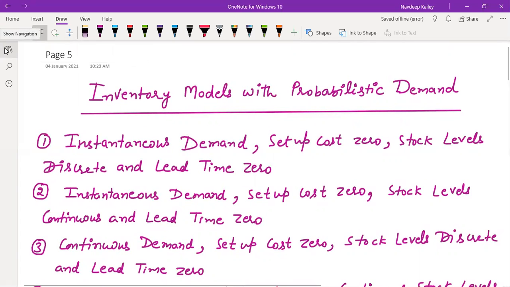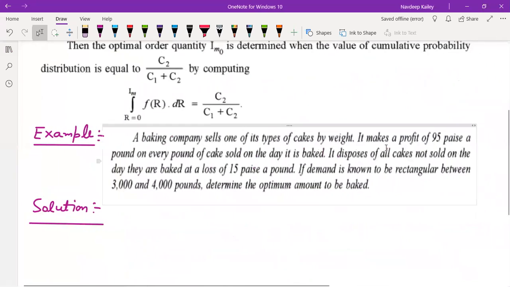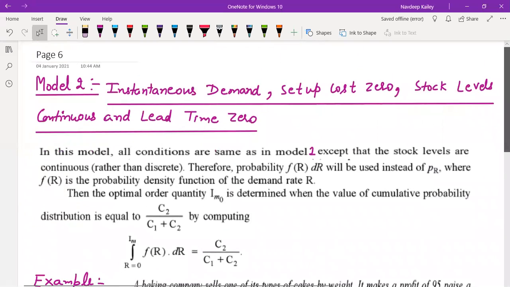Let's discuss model second. This is model second, having instantaneous demand, setup cost zero. Here stock levels are continuous and lead time is zero. In this model, all conditions are the same as we discussed in model number one, except that the stock levels are continuous rather than discrete. Therefore, the probability that in model 1 we considered as PR,